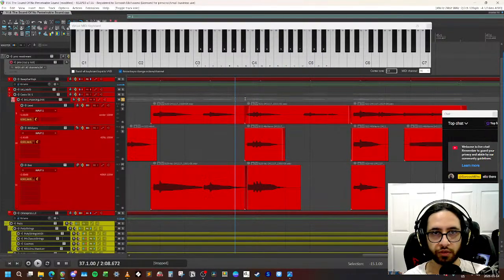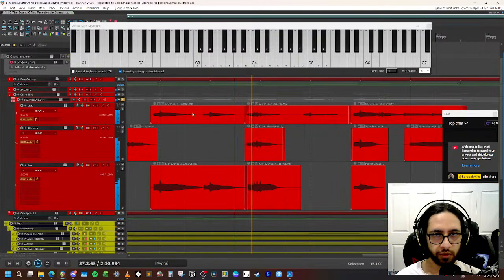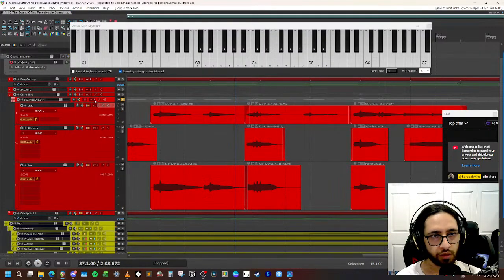Just parallel fourths. Usually that doesn't work, but here it sounded really good for some reason.